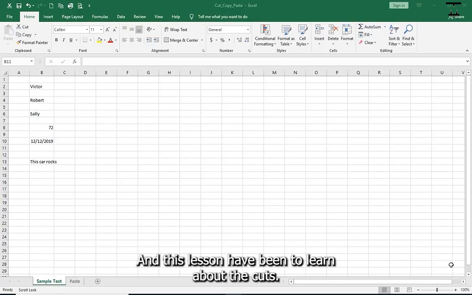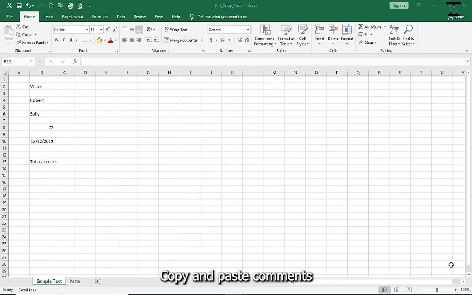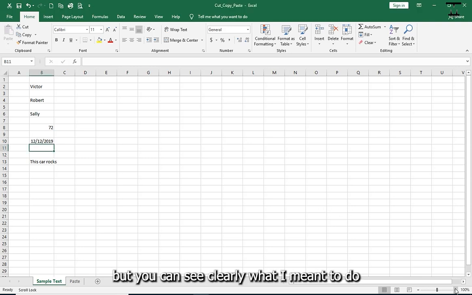In this lesson, you're going to learn about the cut, copy, and paste commands. So if I just zoom the document so that you can see clearly what I'm going to do,